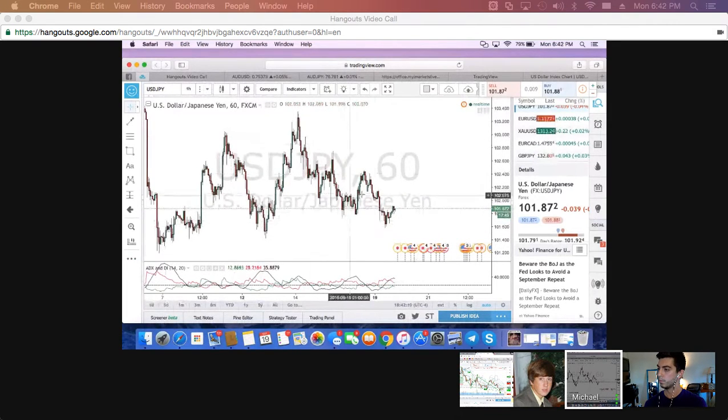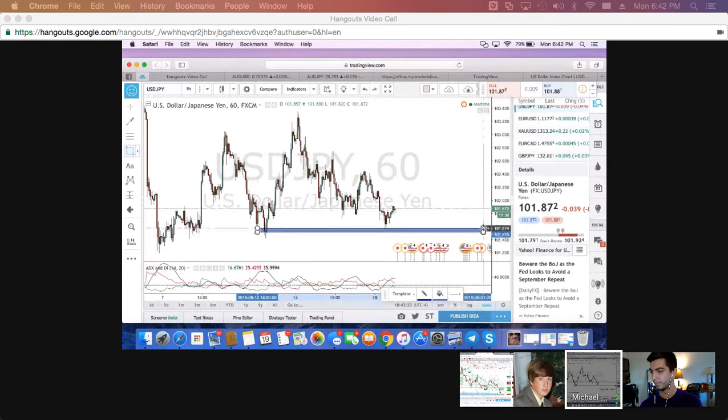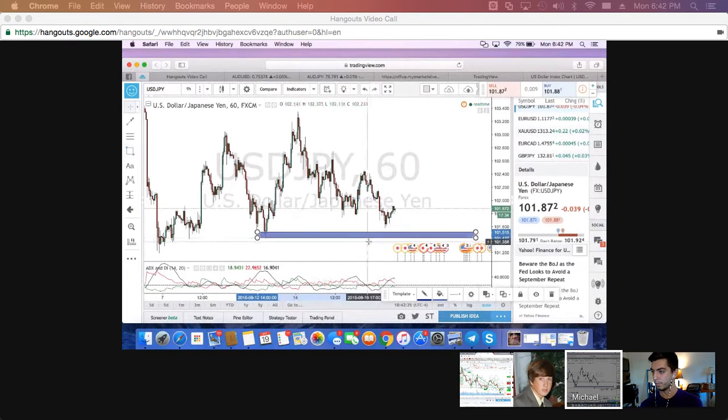So if I was actually looking at this pair, if it was coming into London, I would draw up my supply zone right here. I see it made a low right here. Because when I get into the market on London session, I don't know how long you guys usually trade for, but I'll usually have my trade in for like 3 to 4 hours, unless it's a swing trade on the day chart or something like that. You know what I mean?